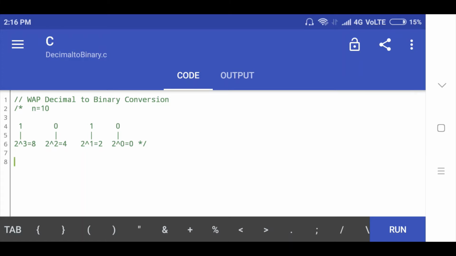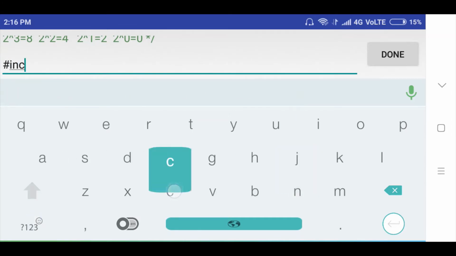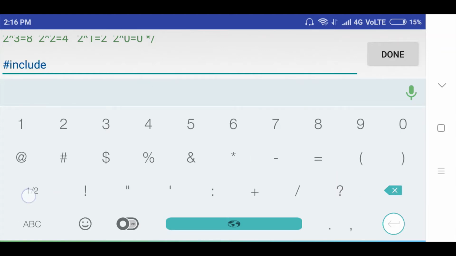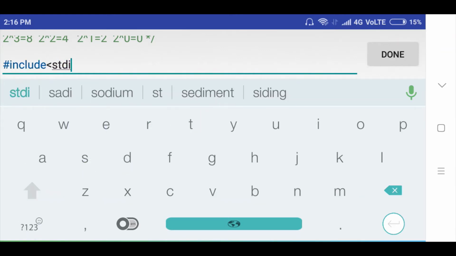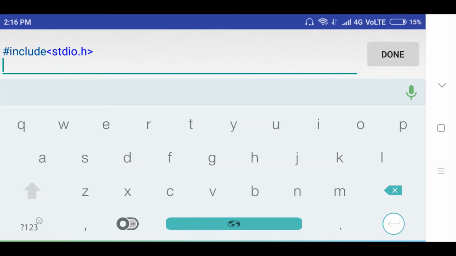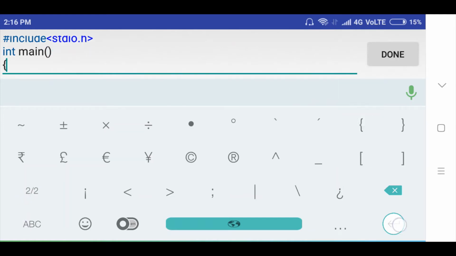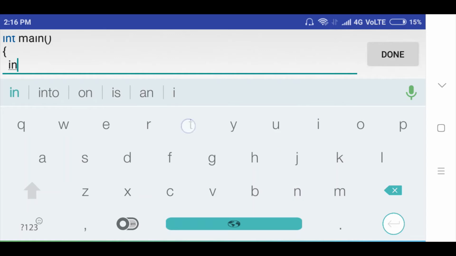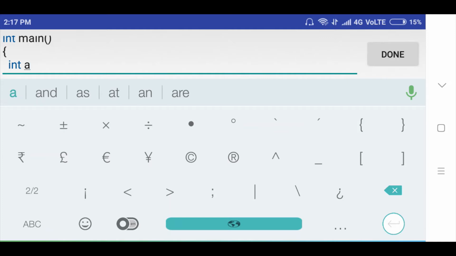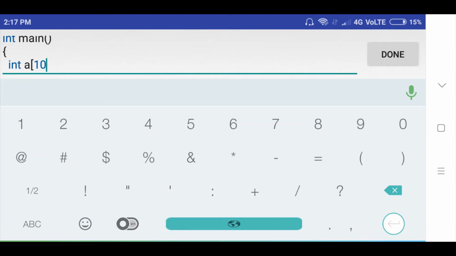First up, I will include the header file, #include stdio.h, standard input output. Then I will include the main function. Inside the main function, I will declare variables: a of array size 10, a[10],